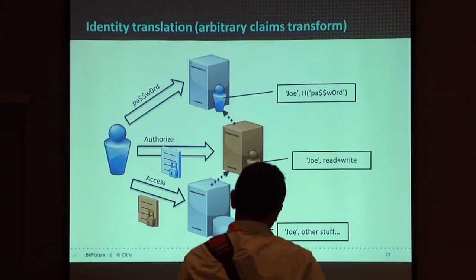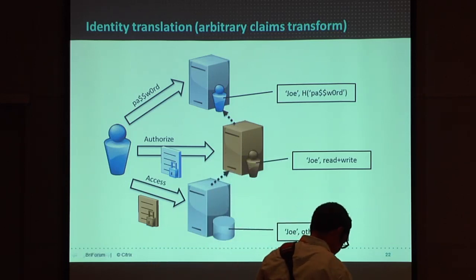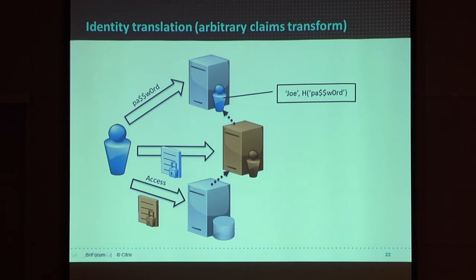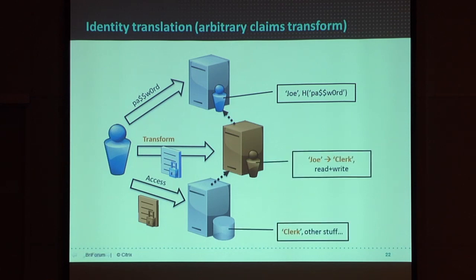And you can go a little step further, and generalize that middle step to say, not only can I add information to what the identity provider asserted, I can change it. So I could, for instance, say I'm not necessarily interested in knowing, is this Joe coming in? Because maybe Joe's in some external organization, and I don't care which of the 10,000 employees in McDonald's is trying to access my system. I just want to know if they're entitled to use a particular system. So maybe as they come in, there's some system that can take their identity and do what we call a claims transform and say, actually, Joe, treat him as being a clerk. He's entitled to do those sorts of operations.